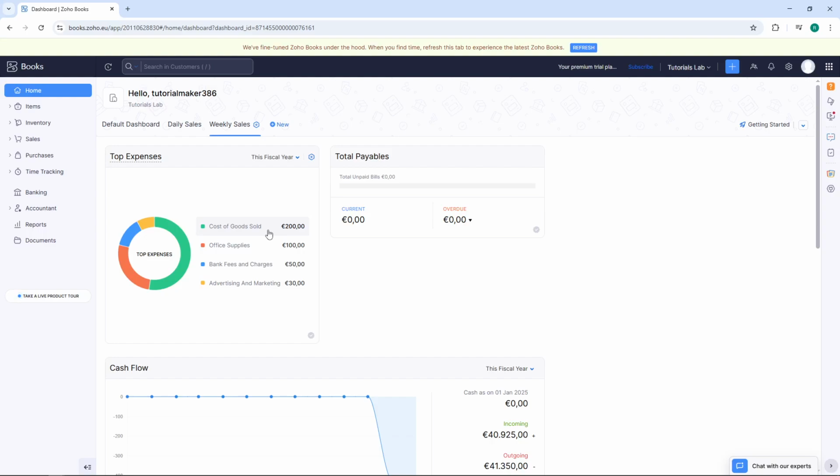Welcome back, everybody. Today, I'm going to teach you how to enable GST and add a new tax rate in Zoho Books. This is essential for businesses that need to properly configure tax settings to comply with regional requirements and ensure accurate invoicing. First, head over to the Zoho Books website by navigating to zoho.com/books in your browser and log